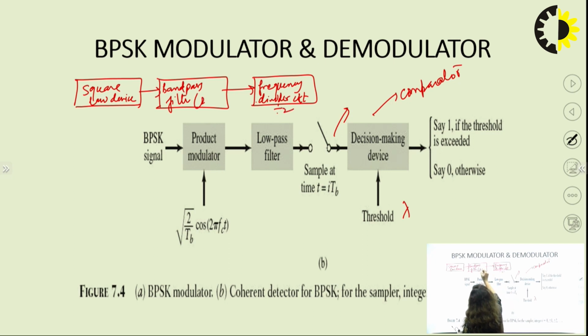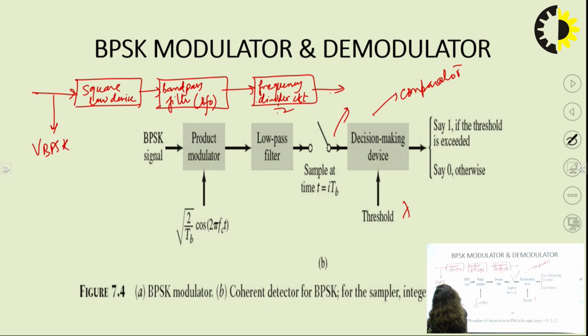The band pass filter is centered at 2f0 or 2 omega naught. So whatever BPSK signal is coming, V_BPSK, is equivalent to root 2 Ps cos omega naught t